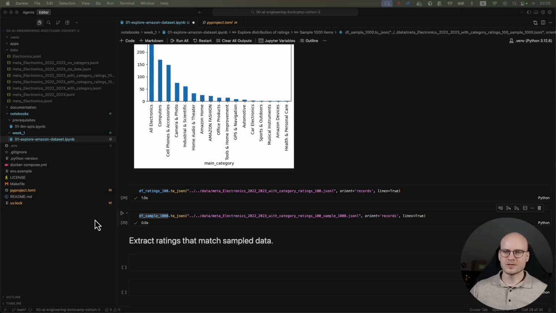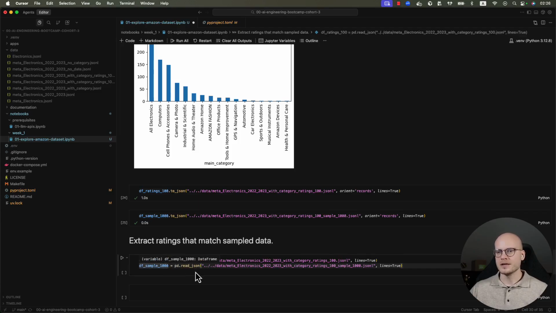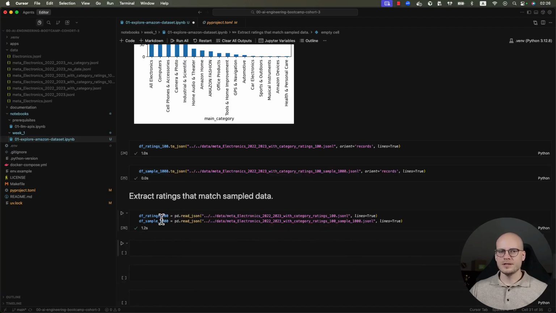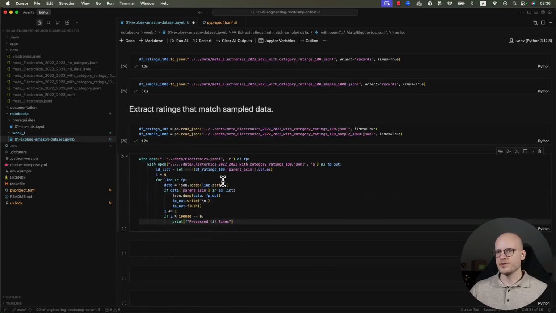So first of all, let's just read these two datasets, even though we have them here, but let's just reload them into new data frames, just to make sure that the files that we have written here can be successfully read into Pandas. So we did successfully read them. Now we are going to filter out the